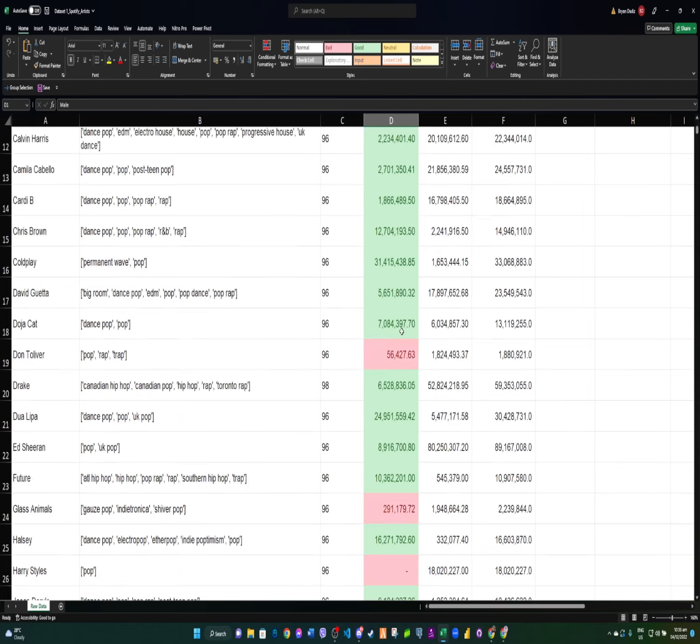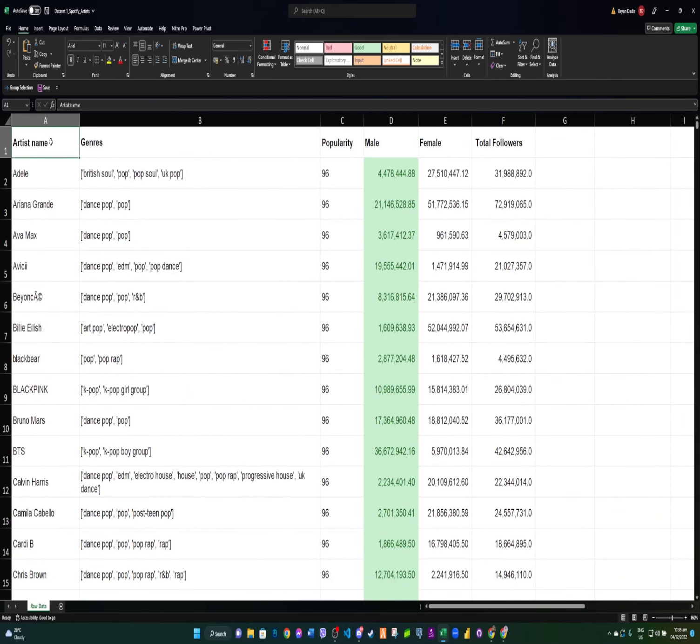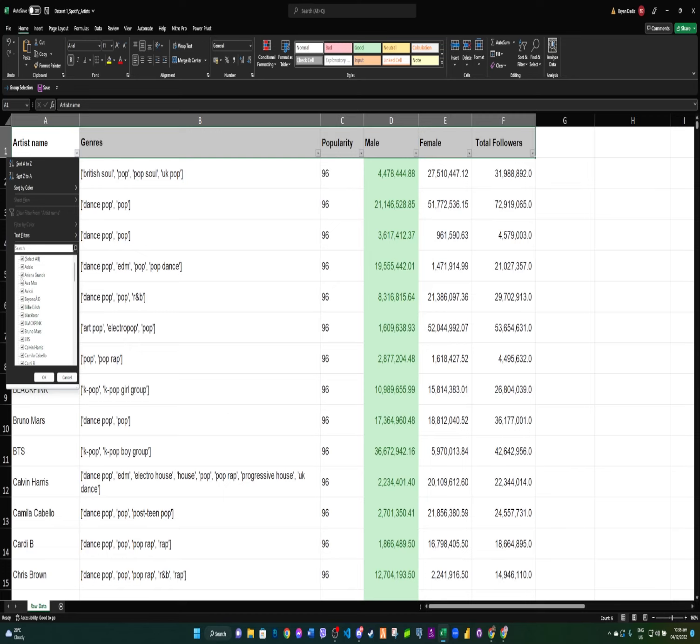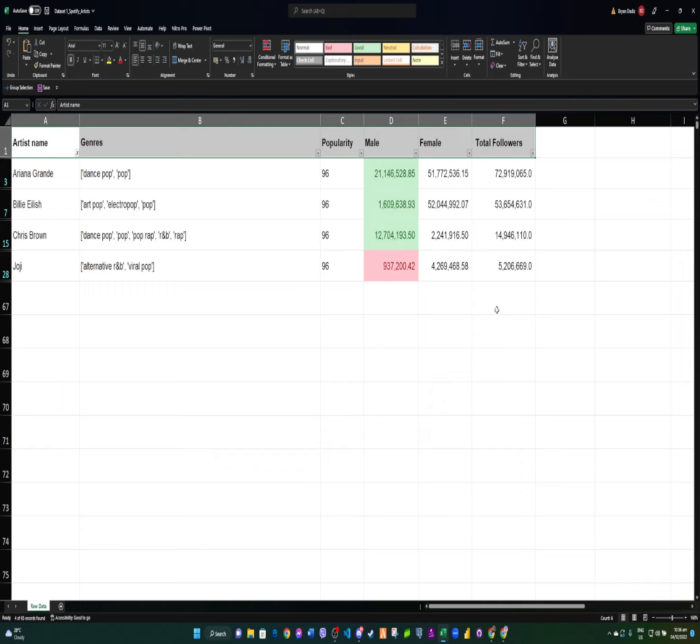So next thing is what we can do is we can again just select the columns here and then do a simple filter. Okay, filter based on artist. Let's say I want to get Rihanna. I want to deselect everything and then select Ariana Grande, Billie Eilish, Chris Brown, Joji. Okay, so I have here